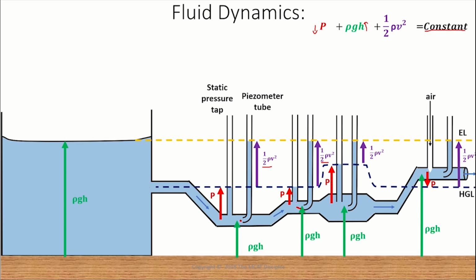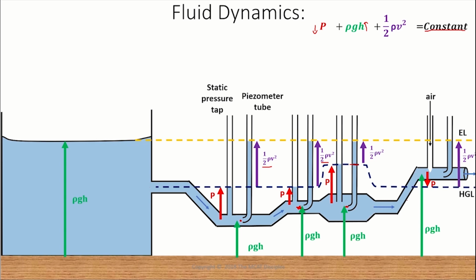Okay, good. If we move from this red point that I'm lining to this one, where the area has increased but the height hasn't changed, if the area increases, by the continuity equation the velocity decreases. So our velocity head should be decreased, which it is, represented by the small blue arrow, or represented by the smaller amount of volume of this tube. Notice that the piezometric tube gets both the static pressure and the velocity head. And so you'll notice that the static pressure now has increased because velocity has decreased, and that takes up that much of the piezometric tube. And then the rest of this is due to the velocity of the fluid flow.